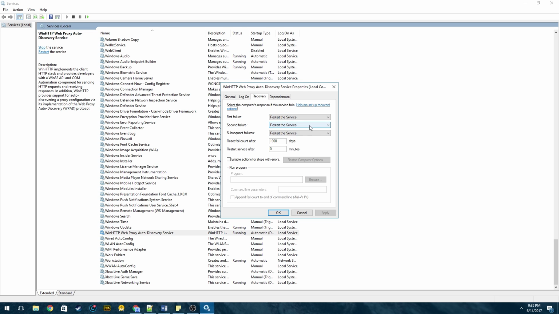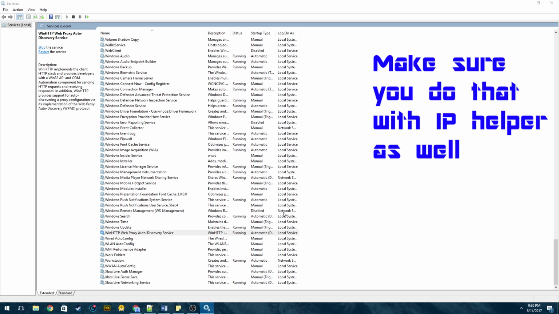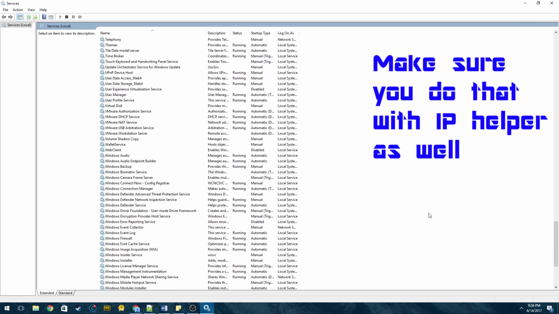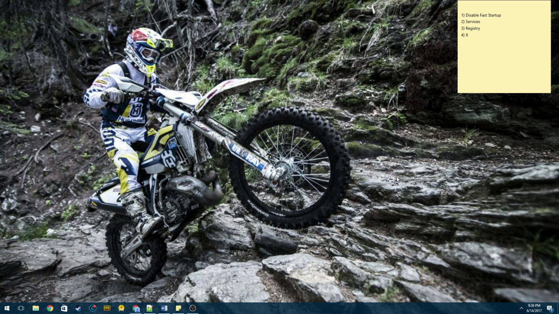And if I click the right thing here, I believe the first one is restart the service. Try changing the second and subsequent failures to restart the service. Therefore, if there's an issue with the service starting, instead of it just timing out or trying to start once, it's going to keep trying to restart, which might mitigate some of the issues you may have with the Teredo. So that's pretty much the feedback I have on the services, which brings me to the last one,